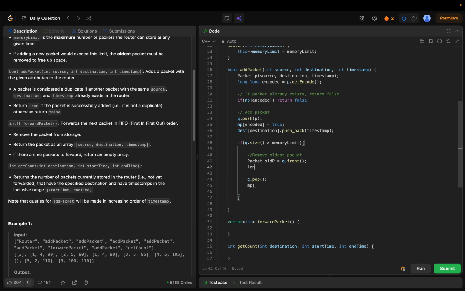So we will have a long, I will just add this as lOldEncoded equals this oldP.getEncoded, and I will just set this value as false here. Okay,